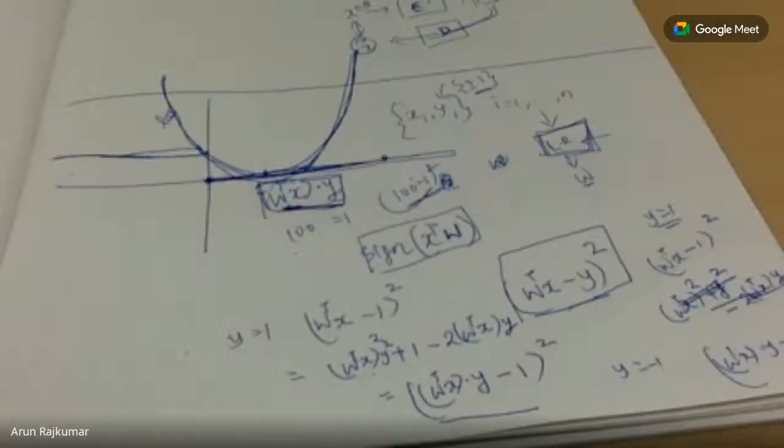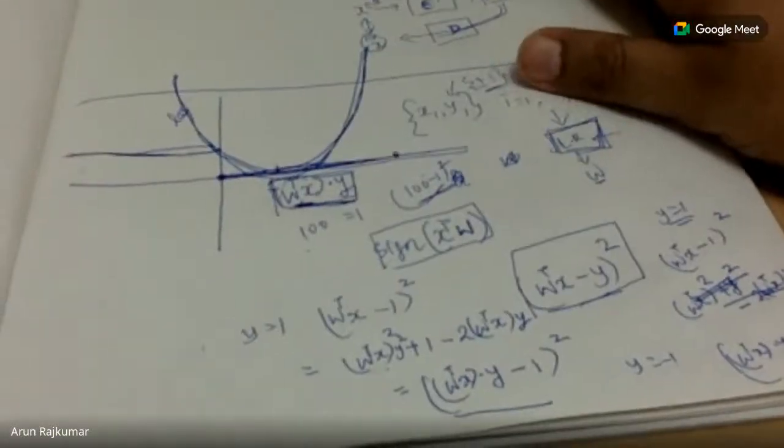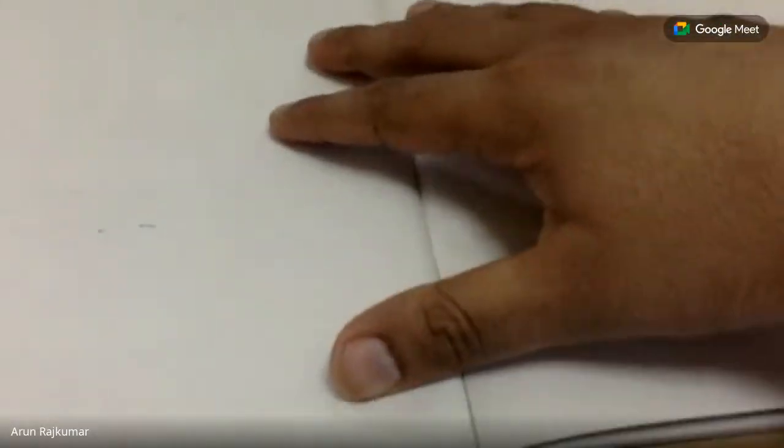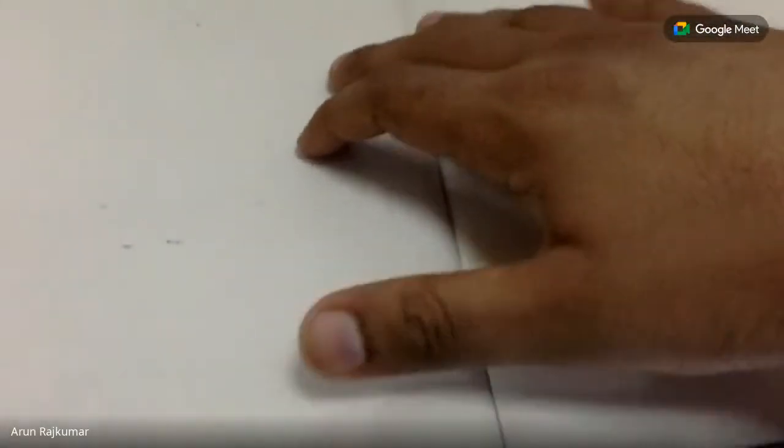Now, how does it actually do it? Because finding the least norm itself sounds like an NP-hard problem to me, right? So how does it actually implement and solve this is a question which is bothering me. Okay, so it's not an NP-hard problem, because you are trying to find the W with least norm in some subspace, which can be